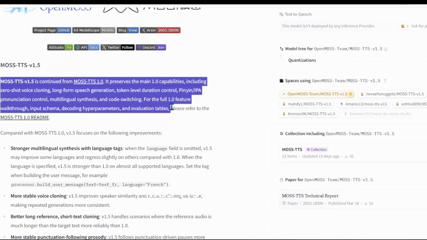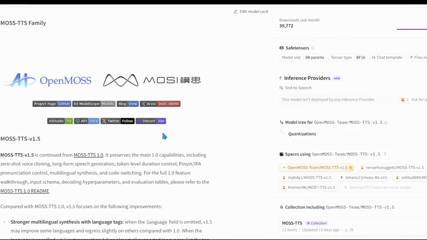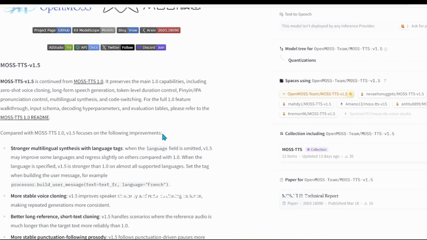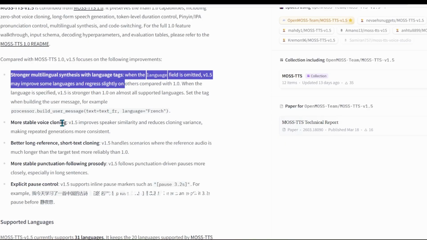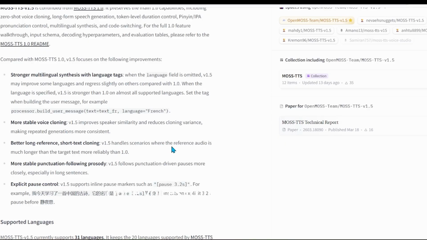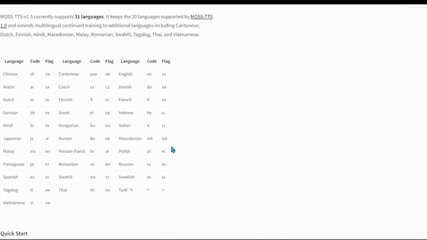Moss TTS is part of the Open Moss audio model family. It is designed for local speech and sound generation, including text-to-speech, voice cloning, dialogue-style speech, real-time speech. This is the voice generation model. It is an 8 billion parameter text-to-speech model designed for high-quality speech generation. It can generate natural-sounding speech, clone voices from reference audio, follow punctuation better, and use pause tags to control